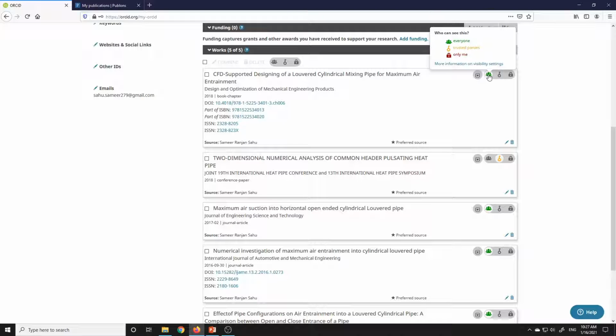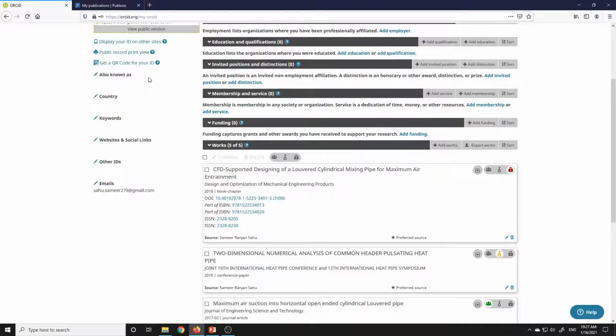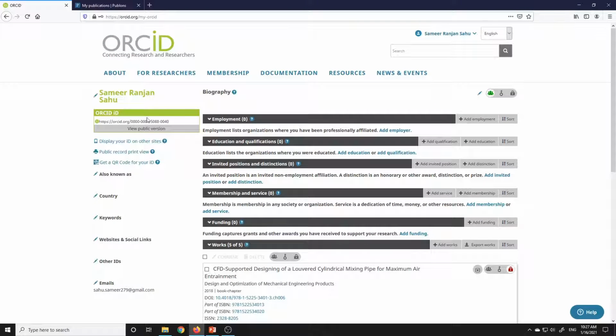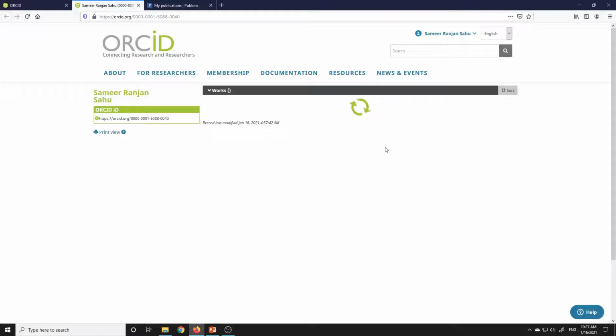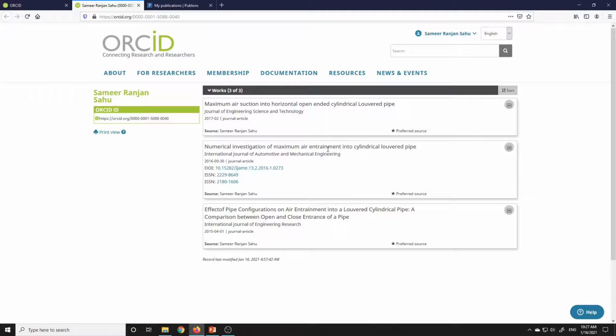See, here is an option, who can see this. This symbol is for everyone, only trusted parties, only me. So if you share this ORCID ID, this is my ORCID ID. See, view public version, how the public will view it. Okay, this one. See, 3 of 3.